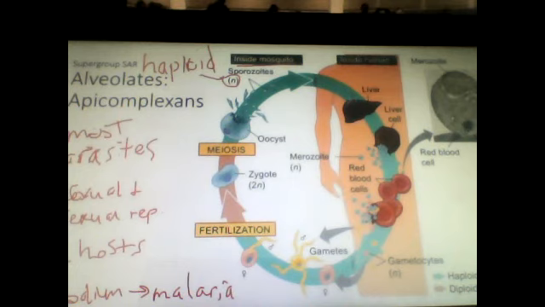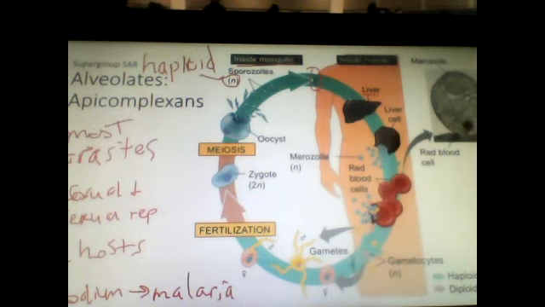So, a mosquito bites a person. You can see there's actually a little mosquito here biting someone. And when they bite you, they inject some of their saliva into you. And so the sporozoites are injected with that saliva. So they pass into the body through the saliva of the mosquito. And they head for the liver. So through the bloodstream, they're going to head to the liver. Once they're in the liver, they're going to go into the liver cells and reproduce. So that's specific, it's not just people, it's liver cells of people. So they reproduce in the liver cells,